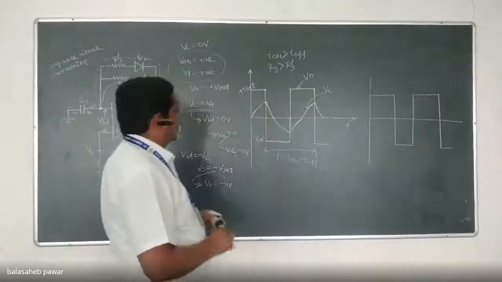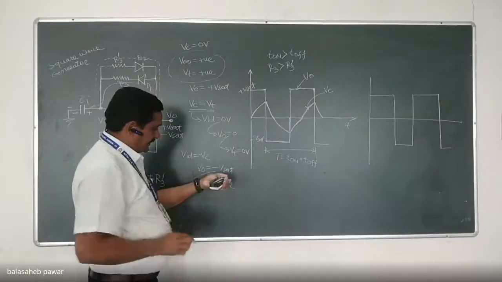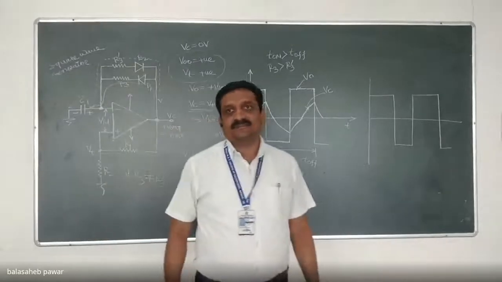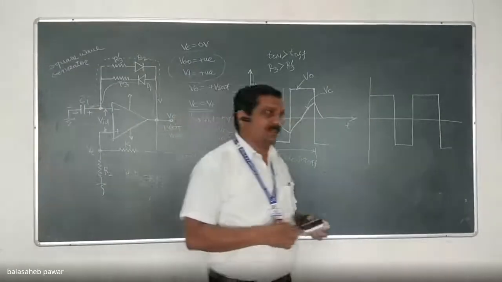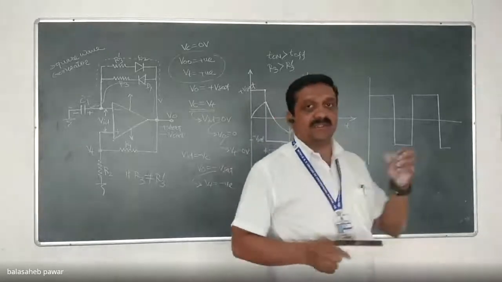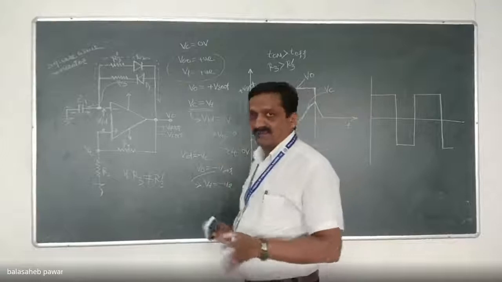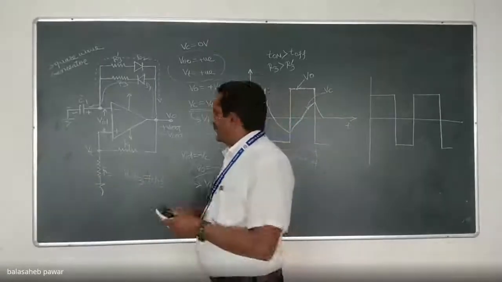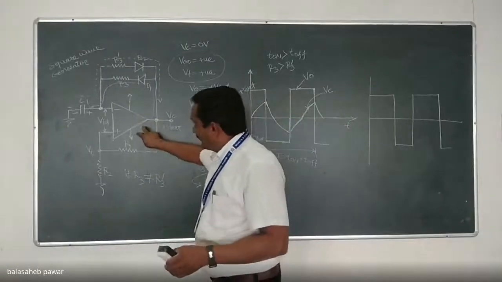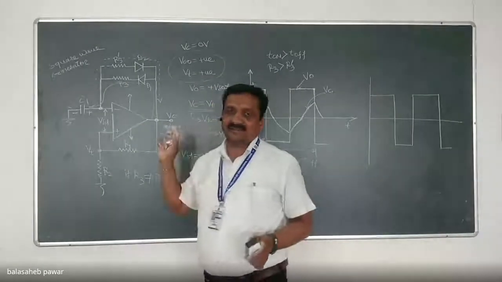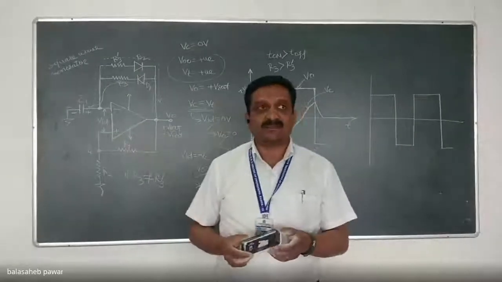Okay. Now the last topic is the triangular wave generator. The triangular wave generator is very simple. It is a combination of a square wave generator and an integrator. That's why I will not draw it over here. That will be at your end. The square wave generator is already available, so at its output, simply connect the integrator. And we already did that practical yesterday.